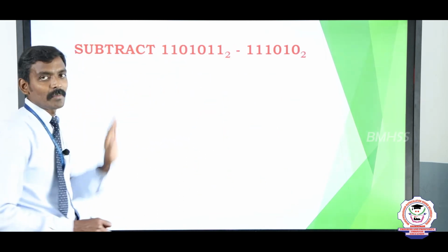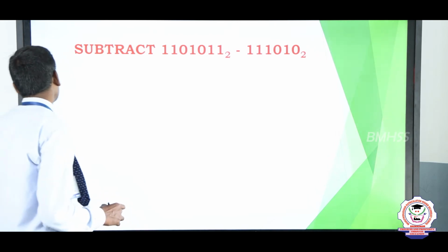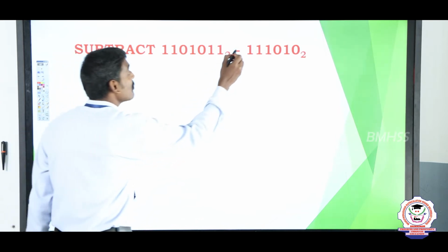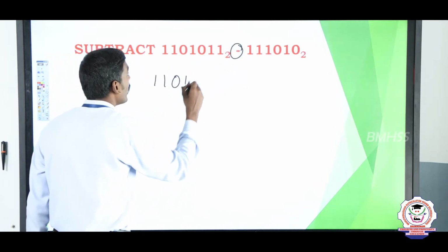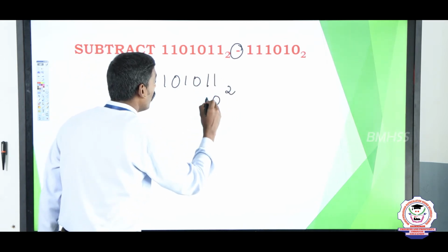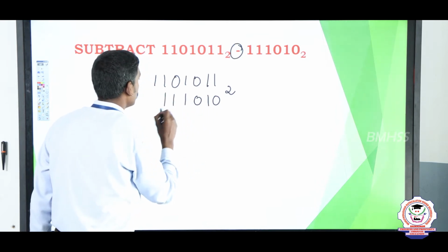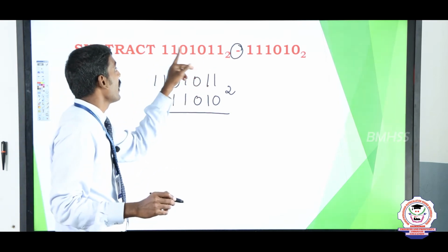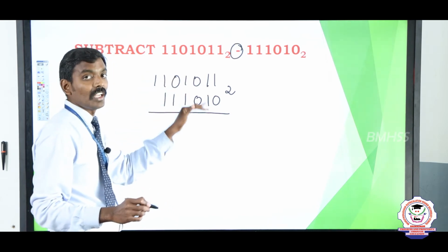In this binary subtraction, we work out using that basic formula. Now what operation are we going to do? Very good, subtraction. 1 1 0 1 0 1 1 base 2 minus 0 1 0 1 1 1. How many bits are in this first number? 1, 2, 3, 4, 5, 6, 7 bits. You can check it now.